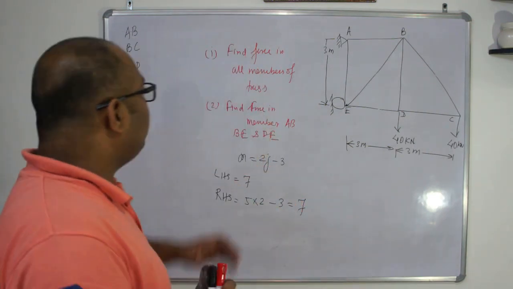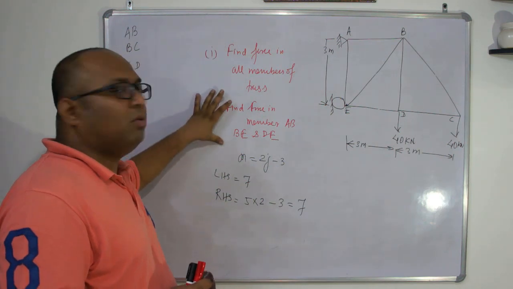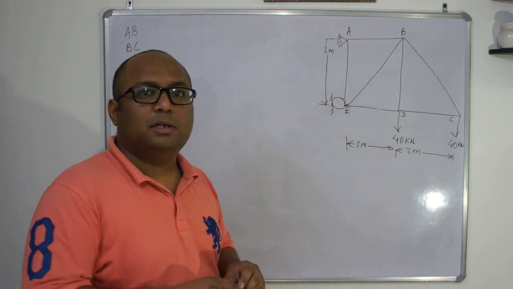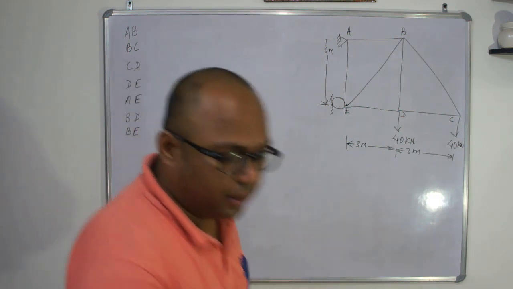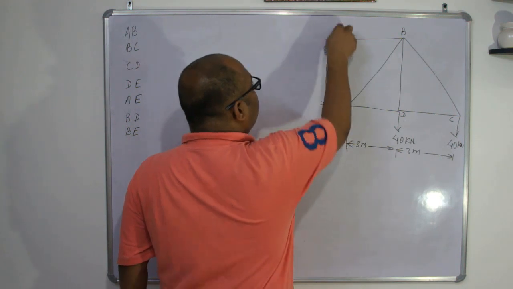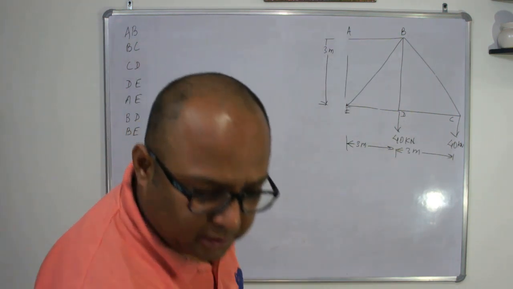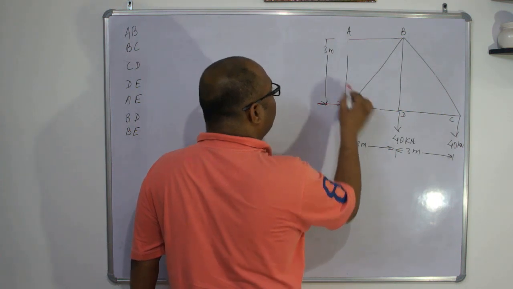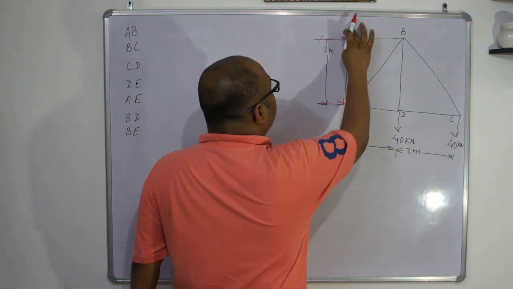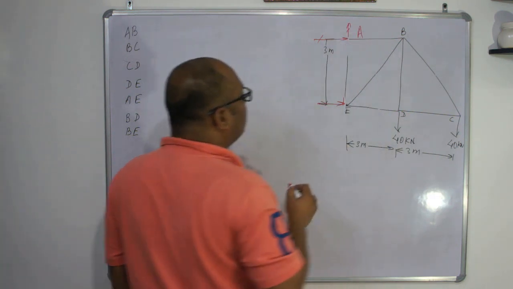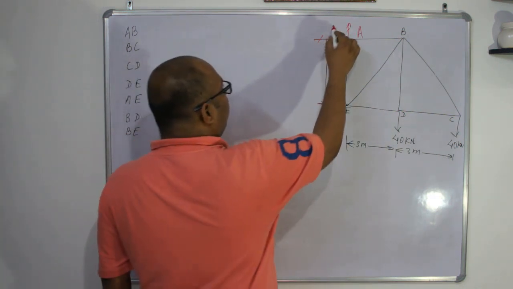Okay, so we are going to solve the first part and then we will go for the second part. Okay, to find force in all the members, the first step is to draw the FBD. I will just draw the FBD over here, so it does not take some extra space. So the roller has been replaced by a reaction, and this pin joint or pin support is also replaced by a reaction. We will call it